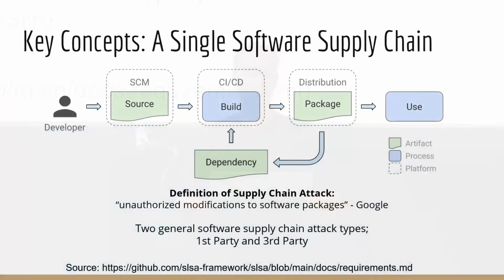So a single software supply chain. What is a software supply chain? It covers everything from the keystrokes of the developer developing the code, to the source code management solution like GitHub, to the continuous integration and continuous development processes, and importing the dependencies, where a piece of software would import dependencies, like Sid was mentioning with Ubuntu and packages, all the way to the distribution points of being provided to the end